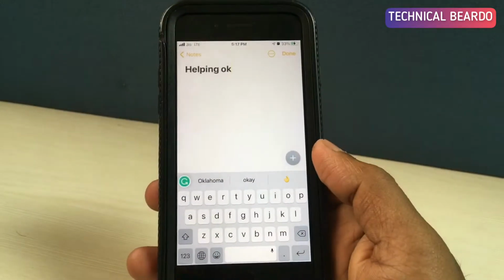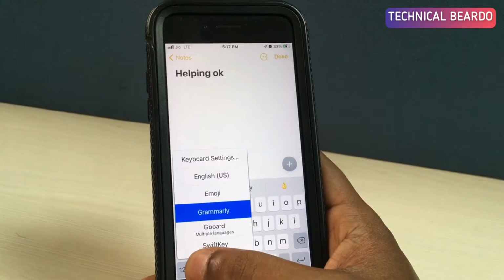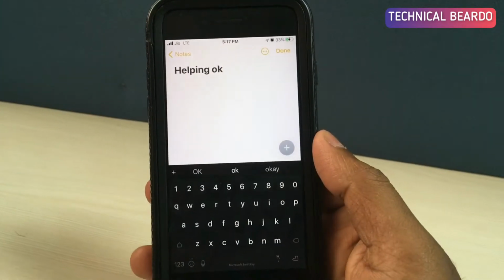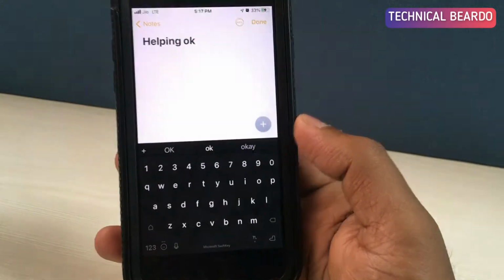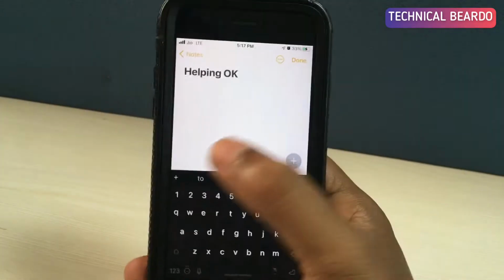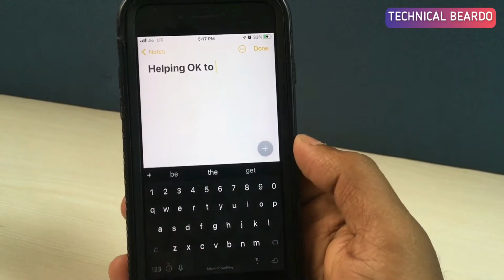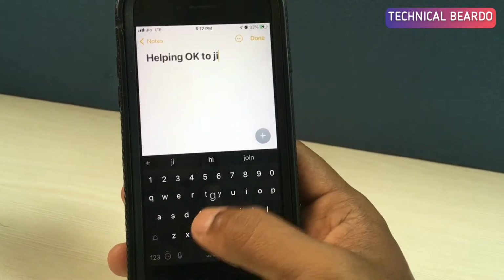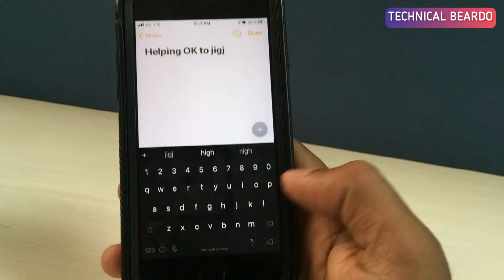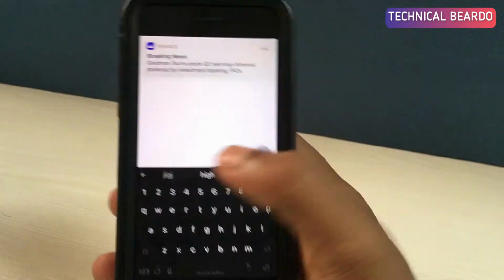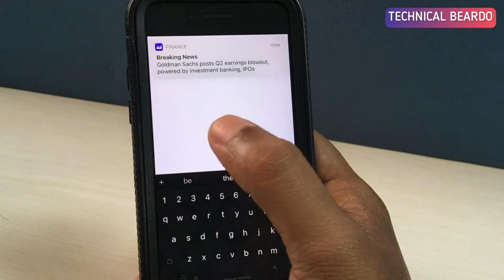To activate any third-party keyboard on your devices, just hard press on the globe icon and choose your keyboard. So now here we are on the SwiftKey keyboard, right? If you see here, the layouts of all the keyboards are almost similar, almost common to each other. But the main thing which makes a keyboard application a great one is the features available in it. For SwiftKey, just tap on the plus icon at the left side.